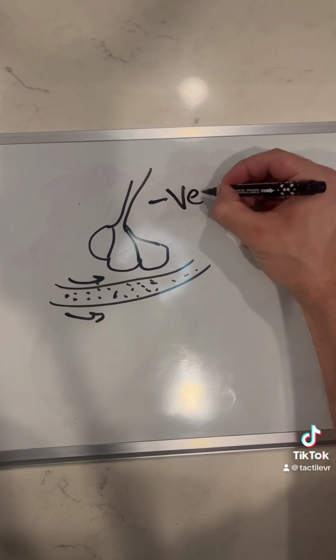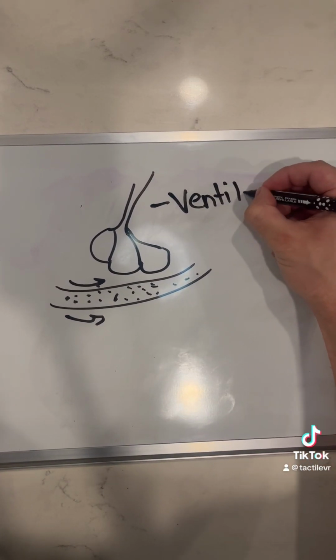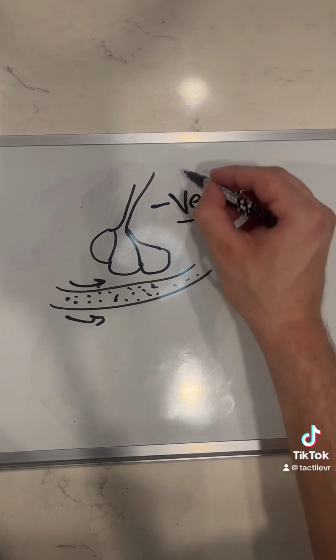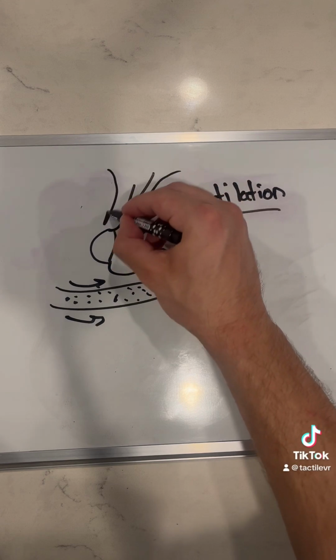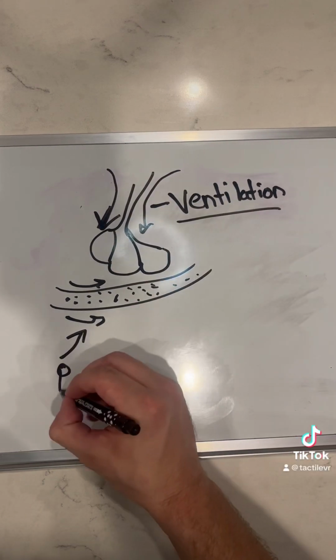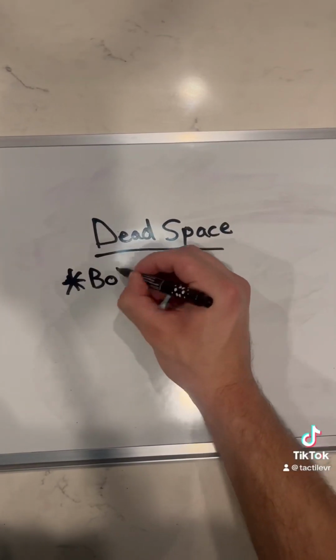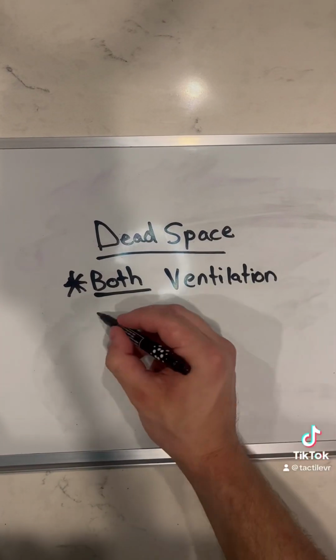And when we think low VQ, which means there's deficient ventilation, think of asthma, because there are narrowed airways and increased secretions, which is preventing the movement of air going into the lungs. And then lastly, we have something called dead space, which means there is both a deficiency in ventilation and